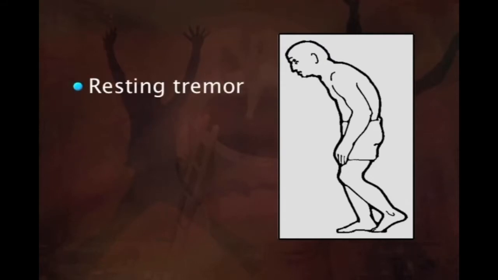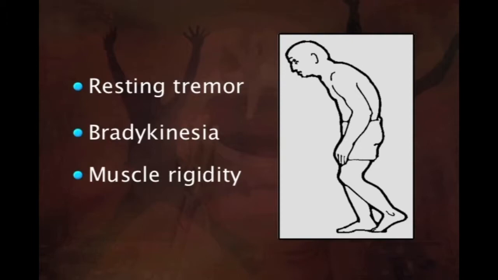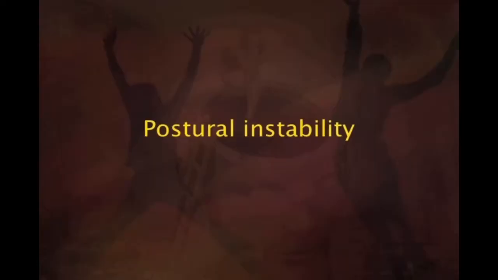As seen in this figure, there are three cardinal symptoms overall that we have been discussing so far. One is a resting tremor, the second is bradykinesia, which is a generalized slowness of movements, and the third is muscle rigidity. In addition to these symptoms, there are also certain other symptoms, like for example, postural instability, which become a part of the motor symptoms. Impaired or lost reflexes can make it difficult to adjust the posture to maintain balance, and postural instability hence may lead to falls.